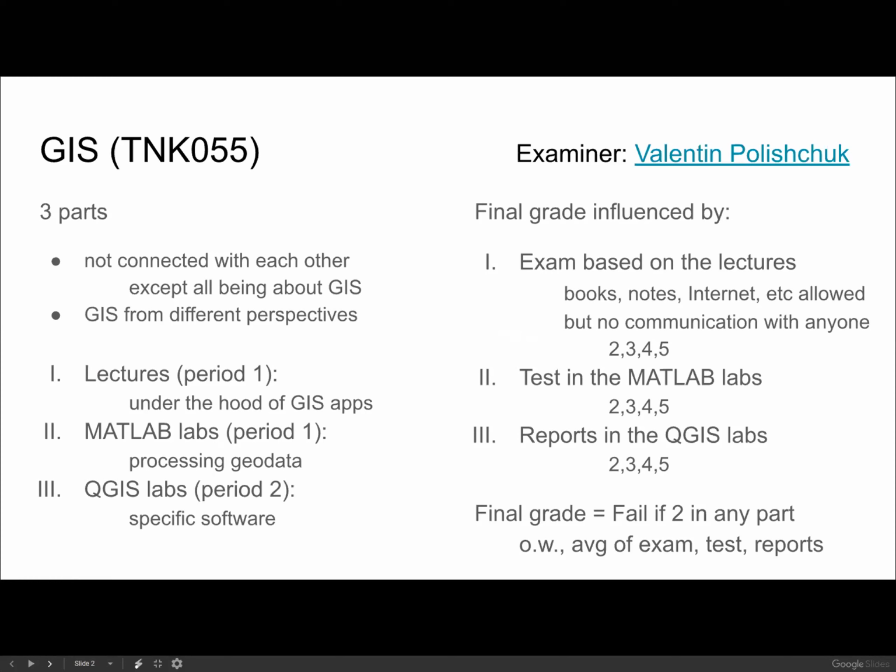Right. I had a question regarding the exam as well. You said that if you want to try for a 4 or 5, you fail the exam if you can't explain your answers. Correct. But if you still get, say, 75 points out of 100, does that still apply? Do you still fail the exam if you can't explain your answers? Correct. If you cannot explain how you got those 75 points, then you will fail. Okay.